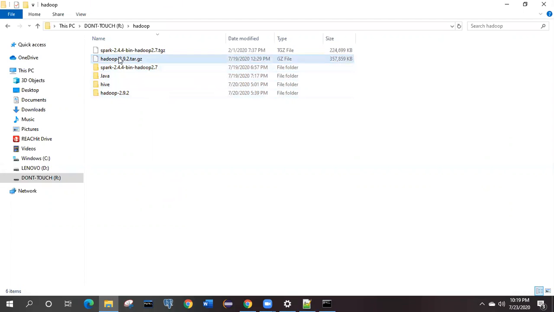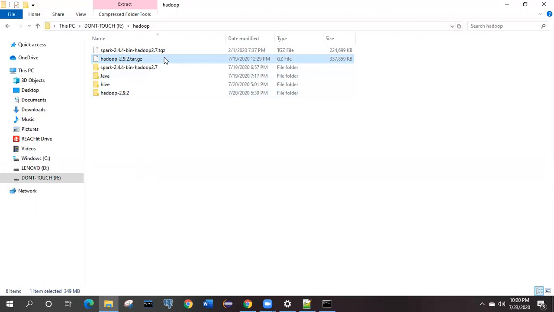You can see over here, even Spark is present, that I will be able to tell you how we are going to work with in my next video. First, we will start with Hadoop. How we are going to install Hadoop now, because Hadoop is already present in my machine. It's already downloaded. What are the things that you need to do?